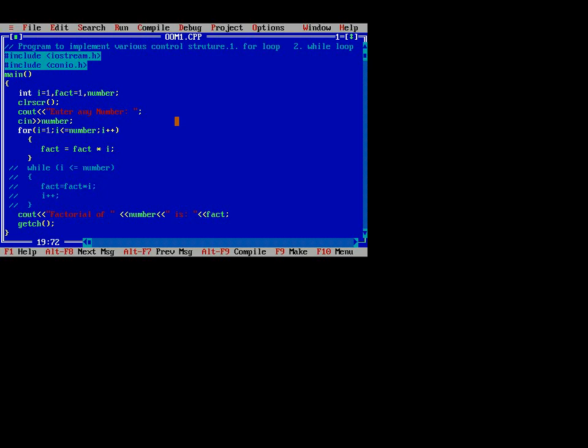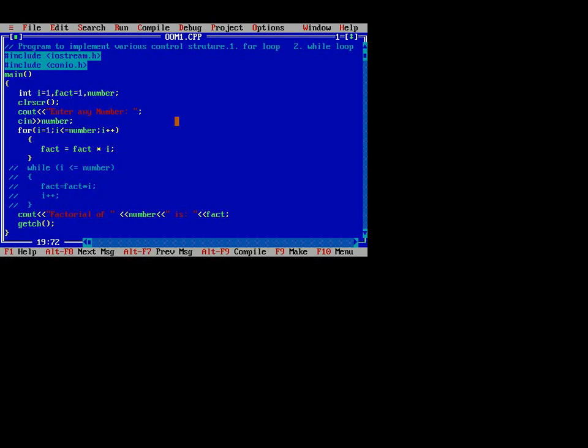We take a positive integer from the user and compute the factorial using a for loop or while loop. We print an error message if the user enters a negative number, because factorial is generally found for positive numbers. There is no concept for negative numbers. So we print the error message if the user enters a negative number.